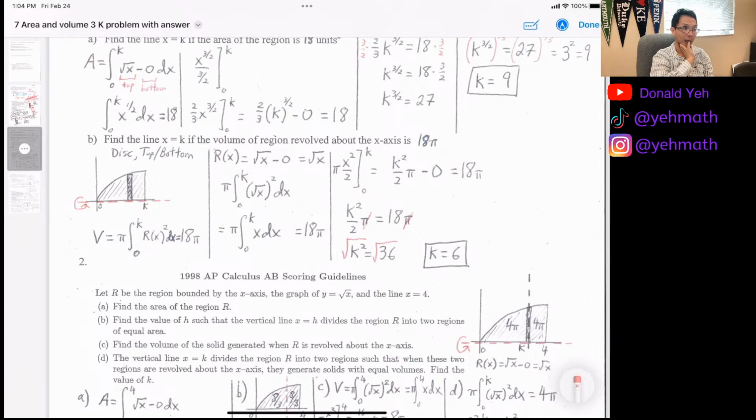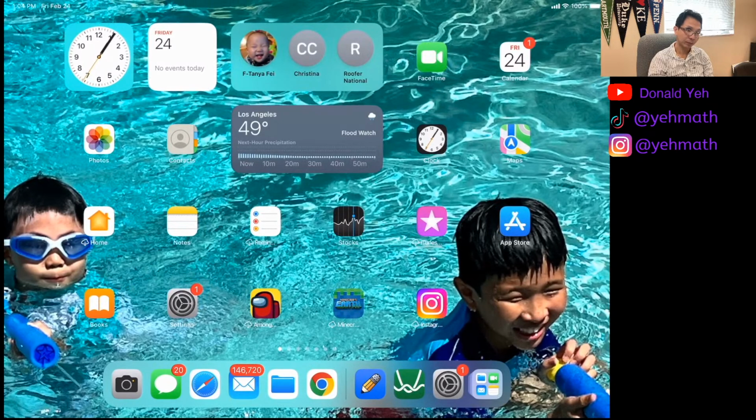Oh wait, is it because it curves into it? It goes like this curve part. Wait, I think I understand what you're saying. So if this graph were like going or whatever, right? That means that I would subtract it. You're not worried about that. Yeah, I know, but I got 6. I don't know how to explain it. You could try graphing it out in Desmos or something and looking at how it gently goes into the curve. Okay. All right, we're gonna move on. No. How do you determine what? Like I know it's